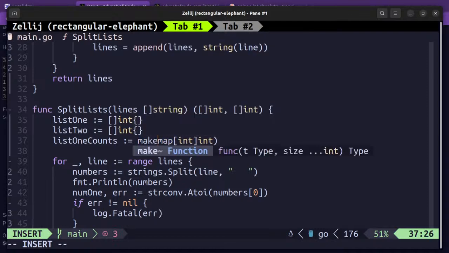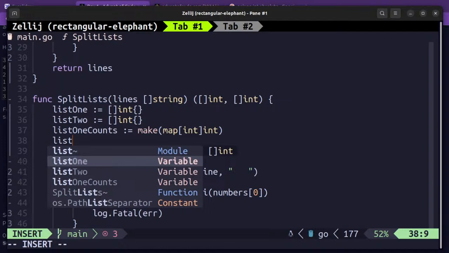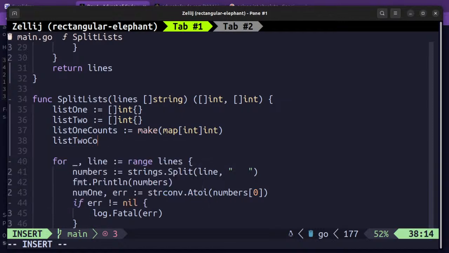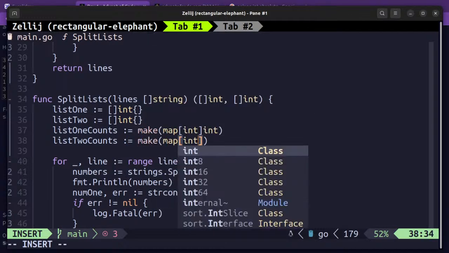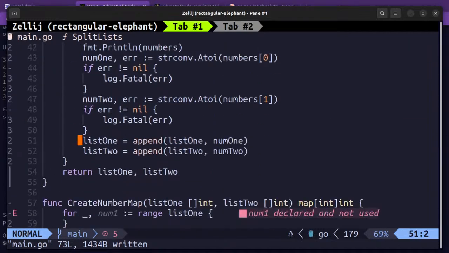So I'll make this. Make is basically a function that creates and initializes the maps, because maps are nil by default. So we don't run into nil pointer issues while accessing key value pairs. So we'll create those, and once we have the num1 and num2,